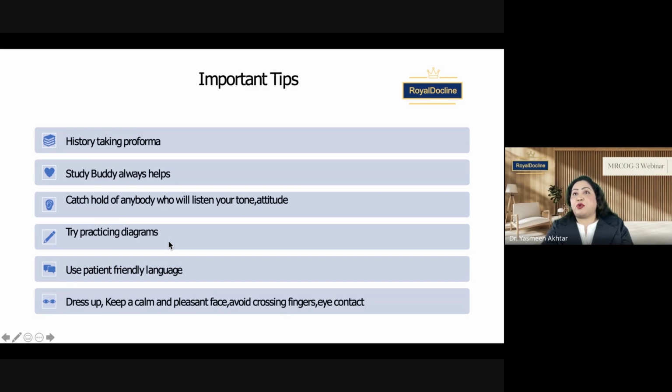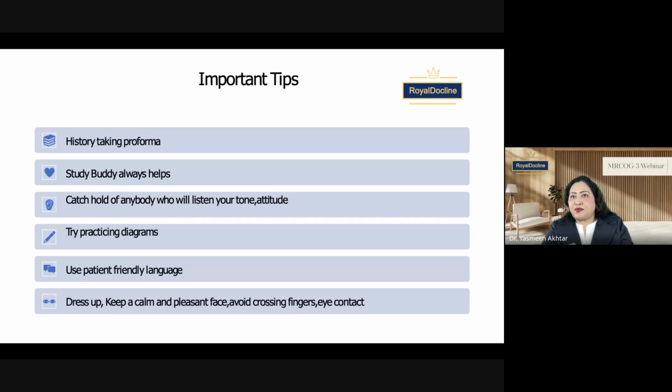These are very important. For example, if you are telling somebody that there is a tubal blockage, you can just draw a small diagram and say, okay, this is your uterus, which keeps the baby and brings the periods. And these are the tubes through which the eggs come, and then the sperm meets, and here is the fertilization and the baby forms. You have to learn the words, baby forms here.